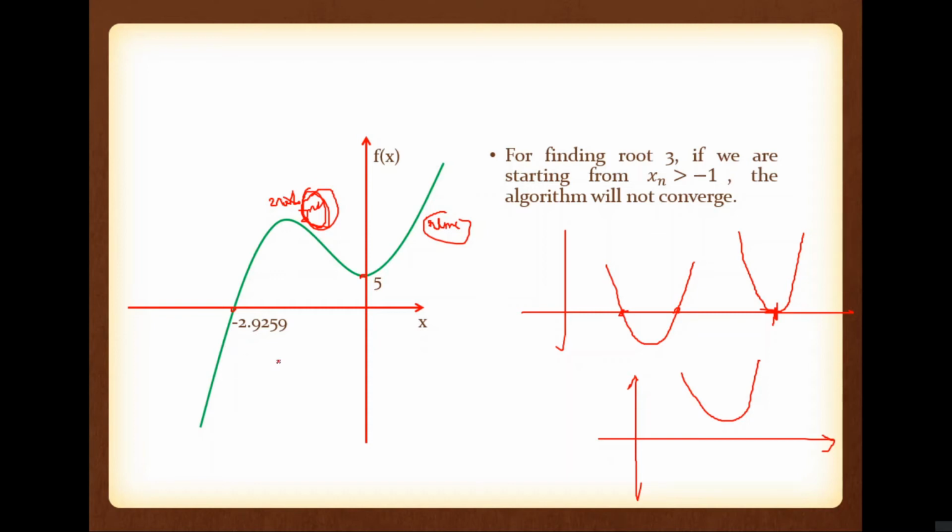Okay, so from the graph you can predict about the presence of complex roots. You can't predict about the location of that complex root, but we can predict about the presence of complex root. Complex root is present, that you can predict. The position of that complex root you can't predict.